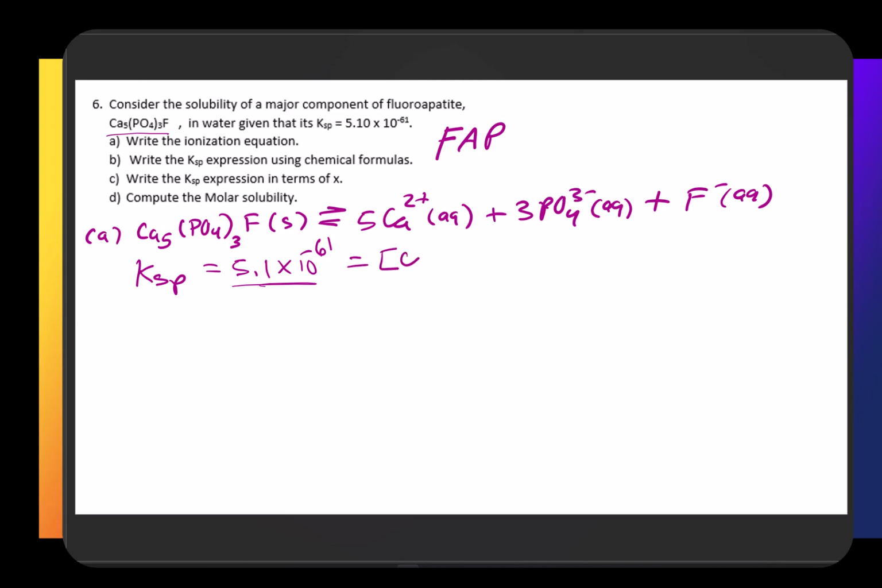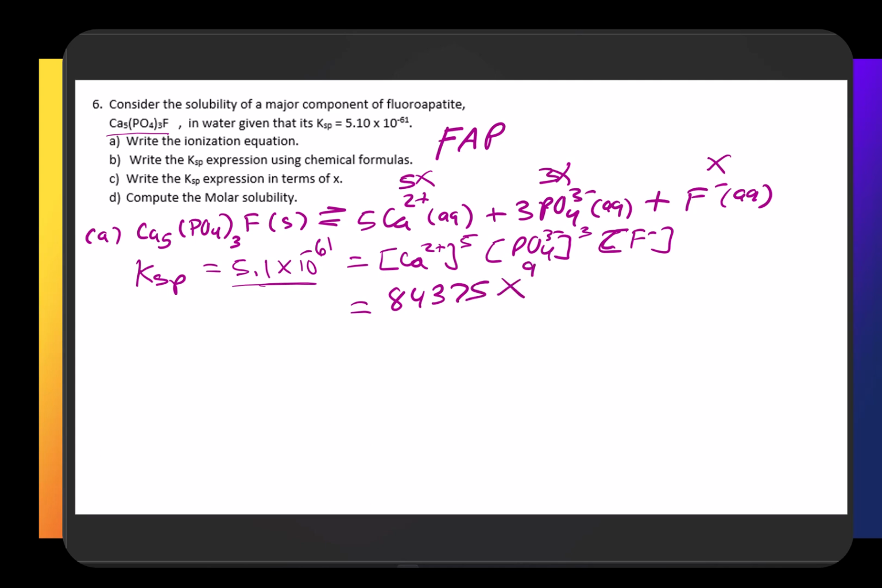You get calcium ion to the 5th power times phosphate to the 3rd times fluoride. And then this would be X, this would be 3X, this would be 5X. So we're going to get actually the same coefficient as before, 84,375 times X to the 9th power. X to the 9th is 5.1 times 10 to the negative 61 divided by this. We get